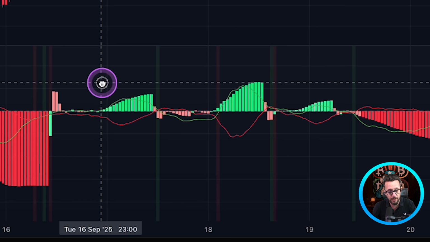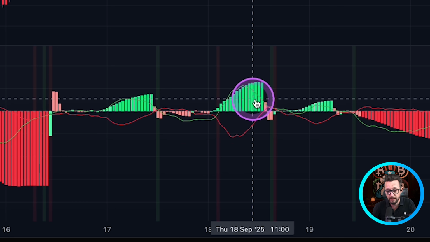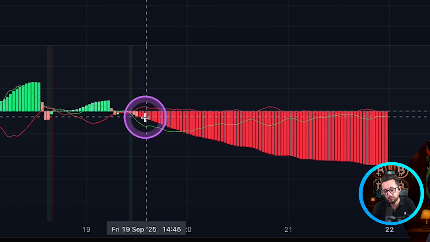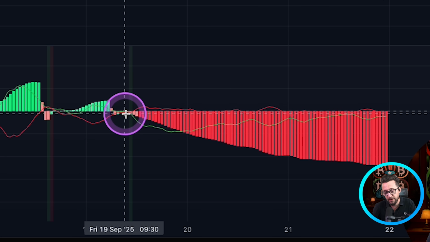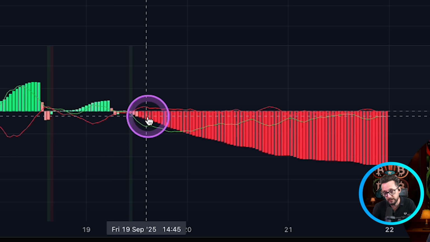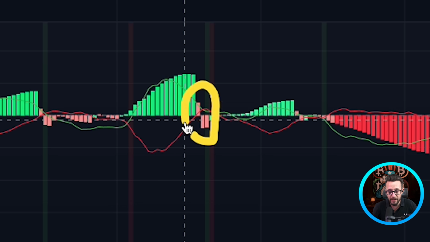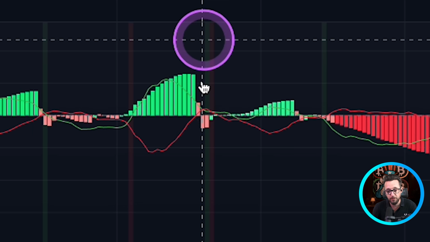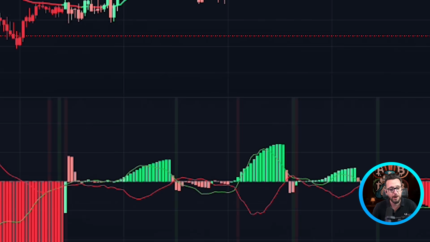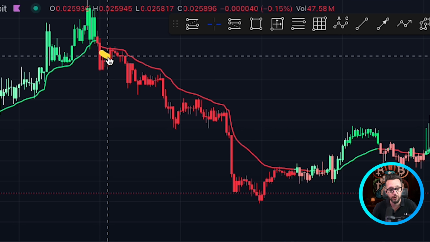Now we have a histogram down the bottom here, which allows us to tell whether we're looking for long positions when it goes green and short positions when it goes red. What is great about this indicator is that it tends to have a dark red when the markets are moving faster, and when we're in more consolidation periods we have a light pink color here, and that tends to help us to stay out of the market when markets are going sideways. Up above here we have a moving average, which allows us to tell whether or not we're looking for long